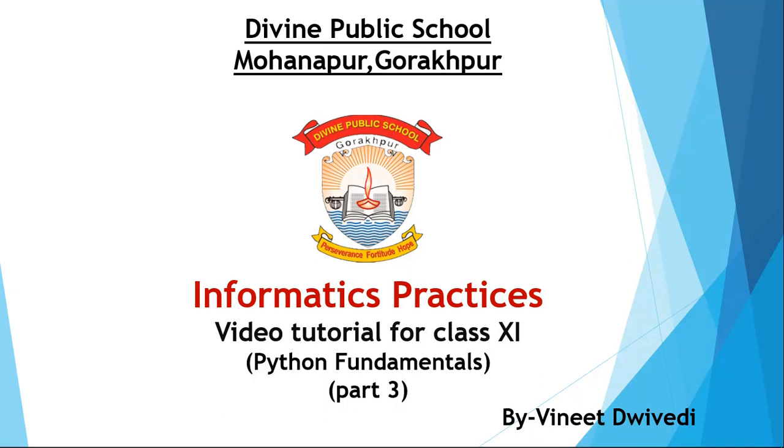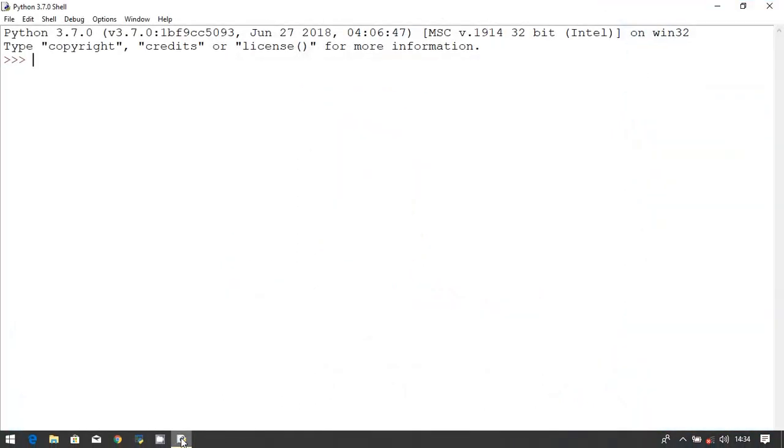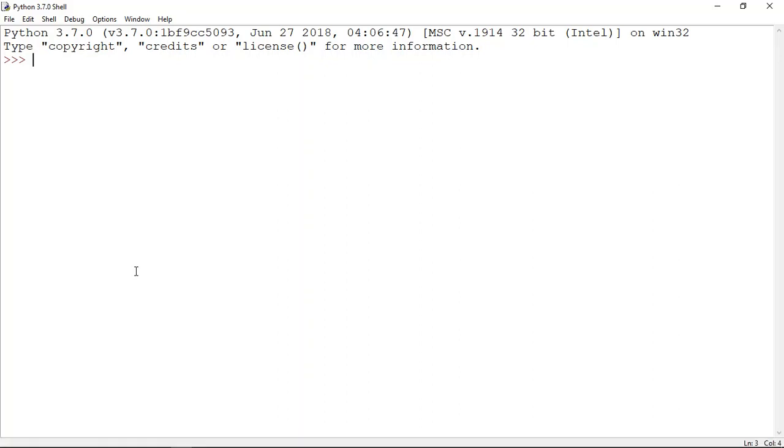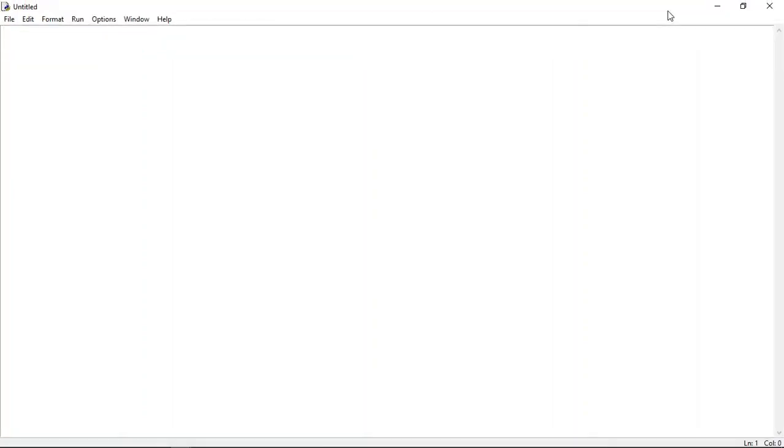So first of all you need to open the IDLE. You can use it directly from the taskbar also if you have added it to the taskbar. So let's move to our taskbar, and here we are opening this IDLE. It is first of all the interactive mode, but we need to program in the script mode. So we will select File and then New File, and this is your script mode. Now we'll be writing some Python scripts here, and accordingly we'll be taking the output on the output screen.